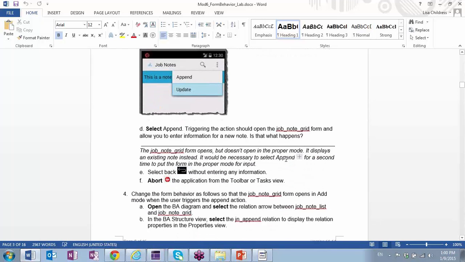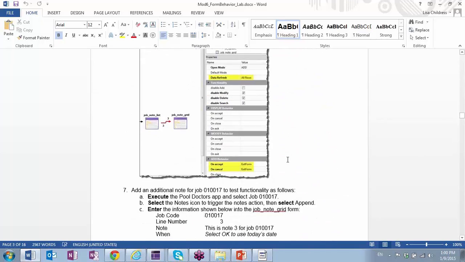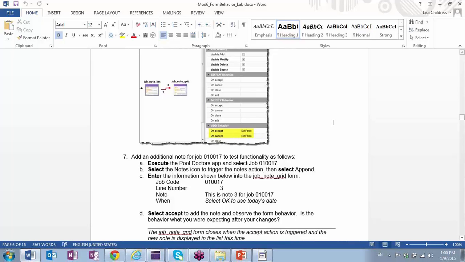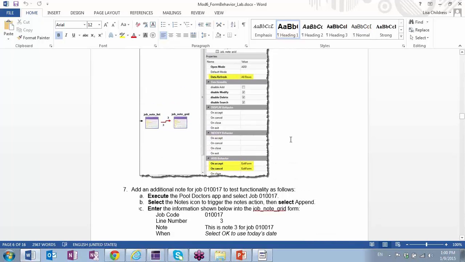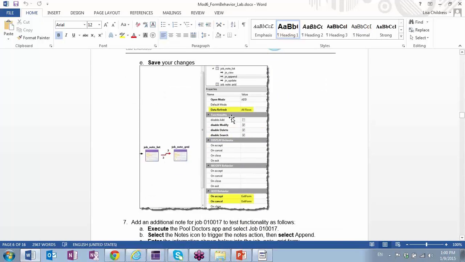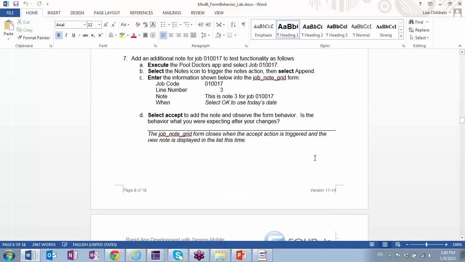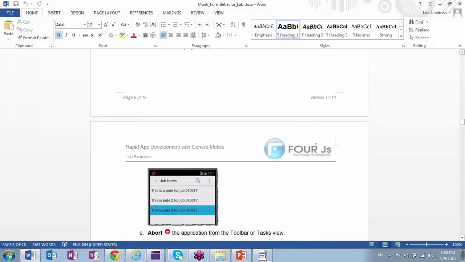All right, so we're still experimenting here with the add functionality. Notice we're exploring some of the things we talked about today. The behavior on accept, whether or not you want to exit the form. So this is where you can learn a lot about this data refresh option, what happens when the user selects accept. You're going to find out what happens if they don't have it set to all rows, and you're also going to find out how it looks whenever you have different settings for add behavior or view behavior. So that's actually a fun part of the lab, I think. And then